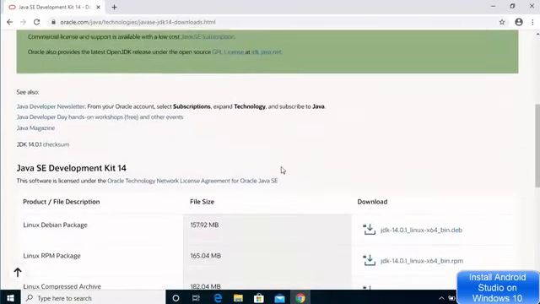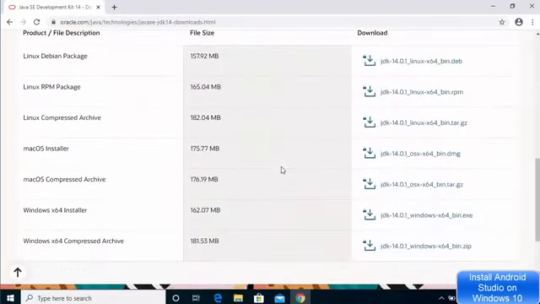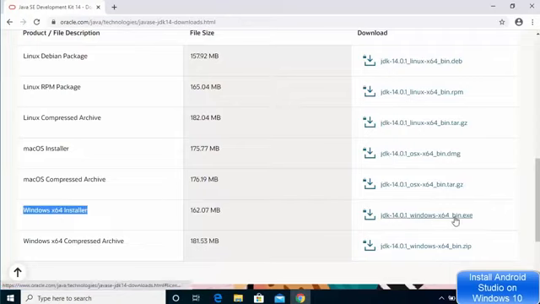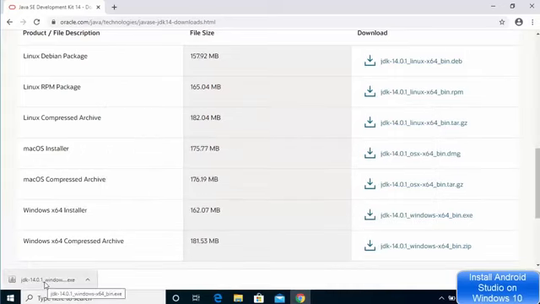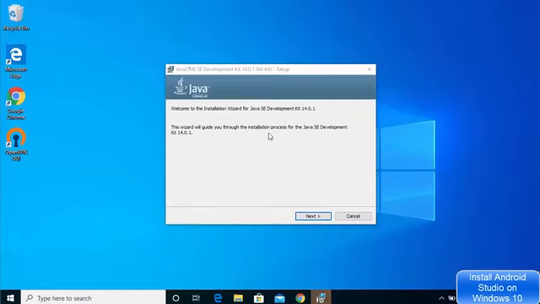Here you need to just scroll down and locate the Windows operating system executable file. You can see Windows x64 installer. We will choose this one, and you can see this executable file we can download for Java 14. Just click on this link, which is going to start the download of this executable file. In between, you will be asked to check this checkbox and then click on this download button. Once this executable file is downloaded, I'm going to just click on this file, and now you can see